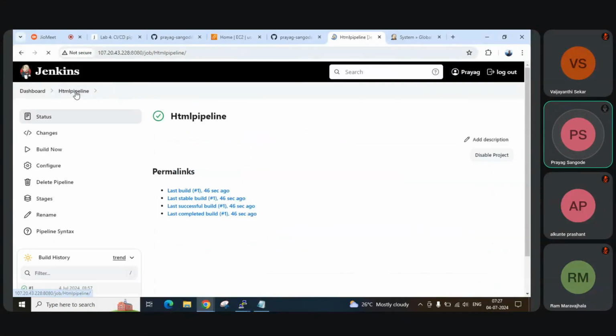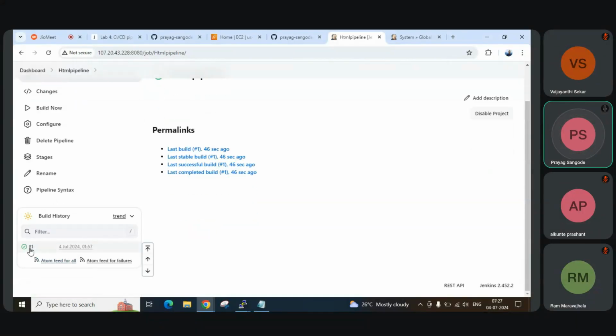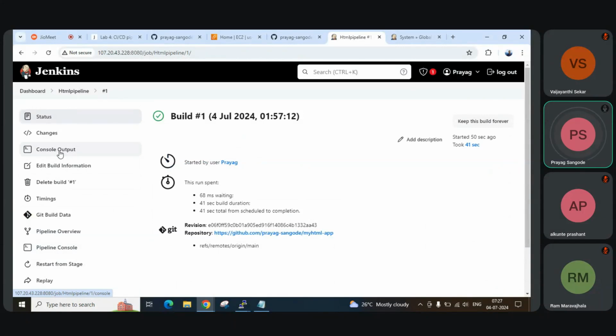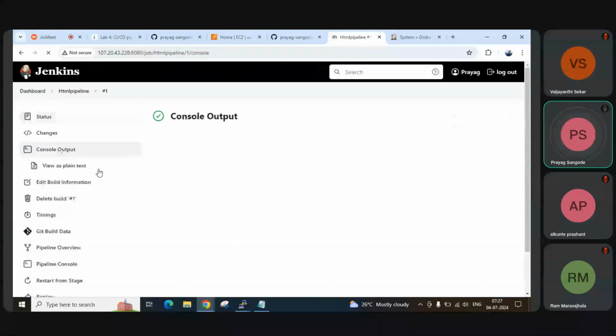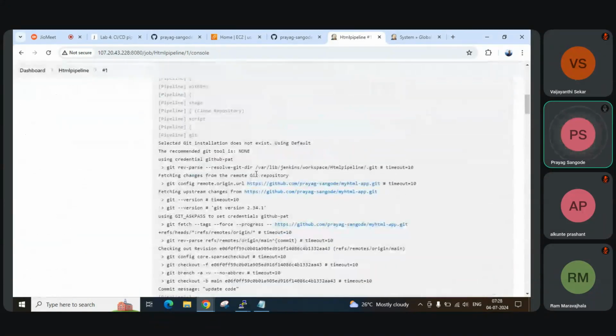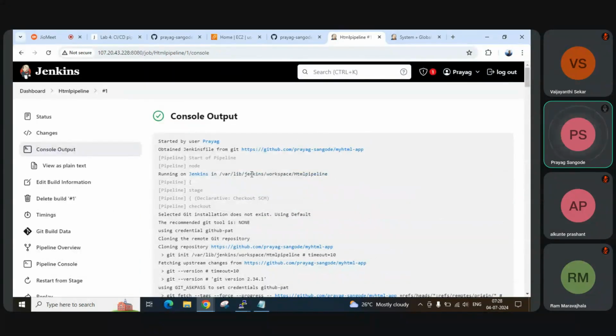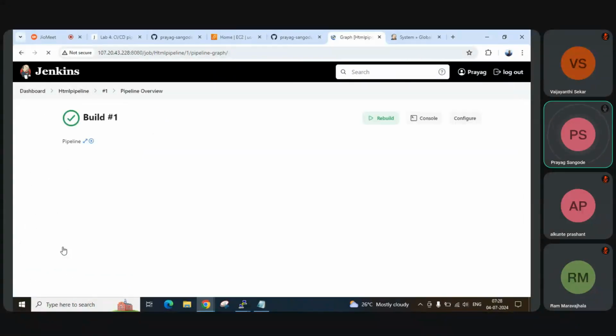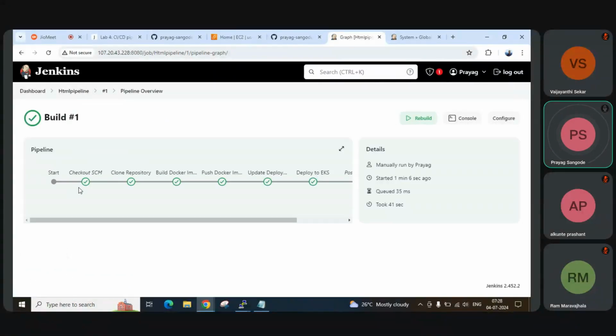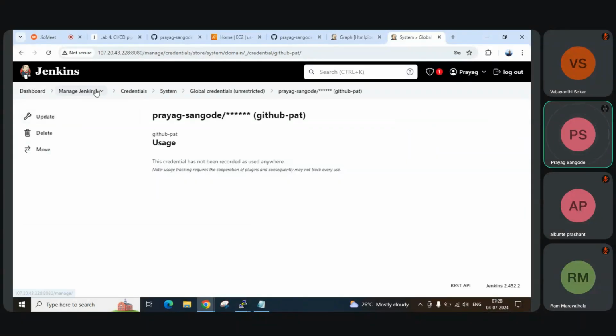Okay, go to HTML pipeline again. We can directly click on this #1. Okay, we can check the console output. On the console it will give everything. Okay, so we defined various steps. Let's first check the pipeline overview. In pipeline overview, initially it will do the SCM, checkout SCM. Okay, so where it is defined,